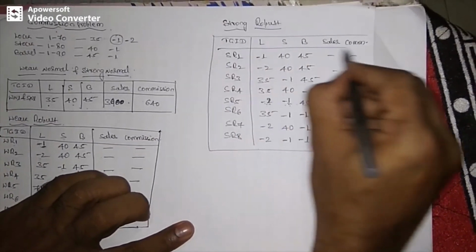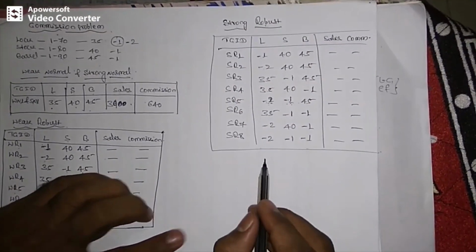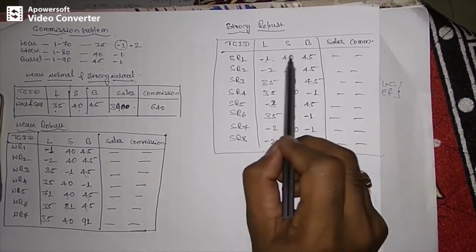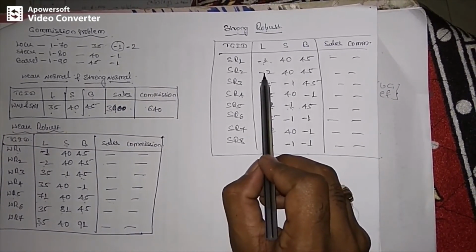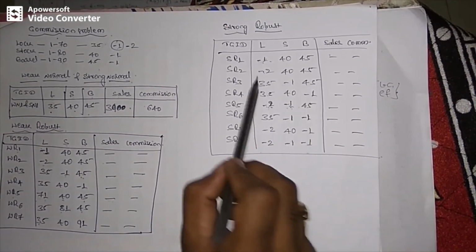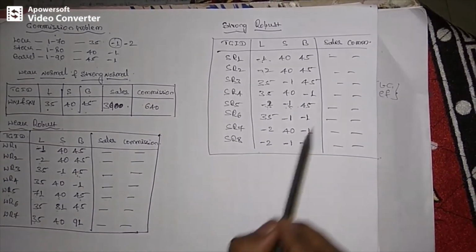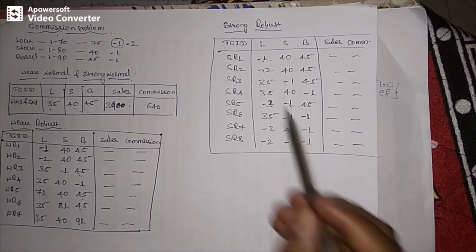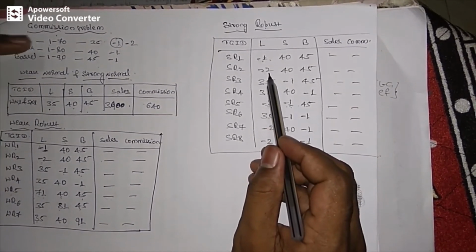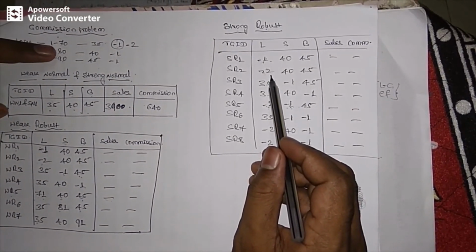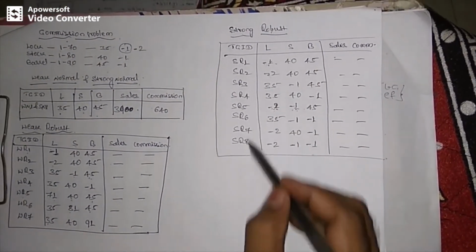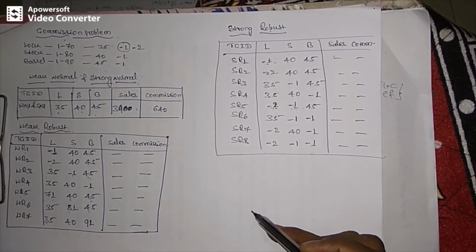I think you got how to write the test cases. The first one is program termination with an invalid input, but from here onwards the single fault assumption starts. This is the one corner for which I have written the test cases. Similarly, you can write it for the upper corner also. Instead of minus 2, the maximum is 70, so plus 71, and you can consider 81 and 91. Based on that, you can also write 7 more test cases for these existing test cases.